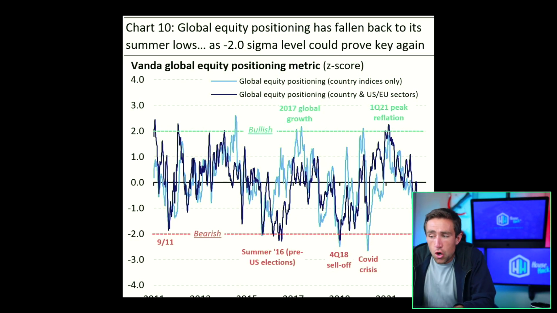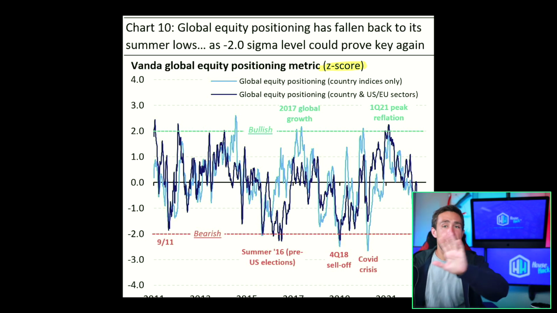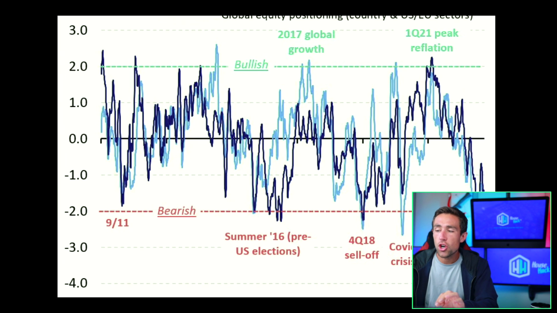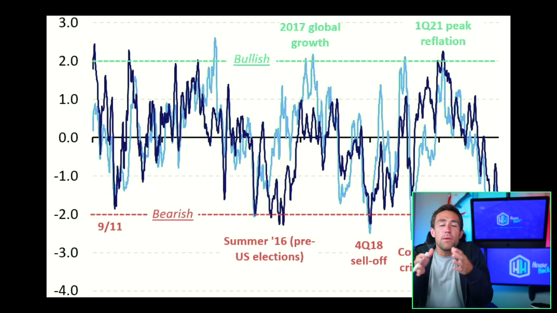Look, global equity positioning. In English, the stock market is at a relative low going all the way back to 2011 when you consider volatility and standard deviation measured by a z-score. Okay, the last 10 words I said, just ignore them. Basically, things bad, okay? So this chart, in very, very simple terms, tries to look at how much movement we